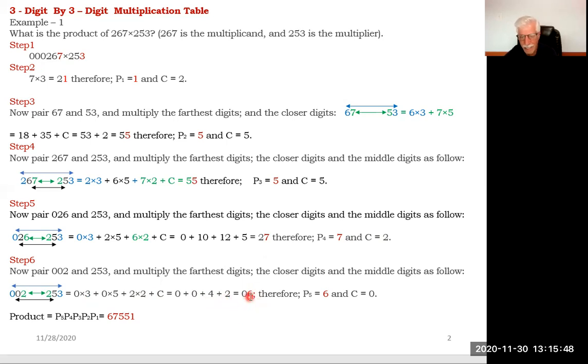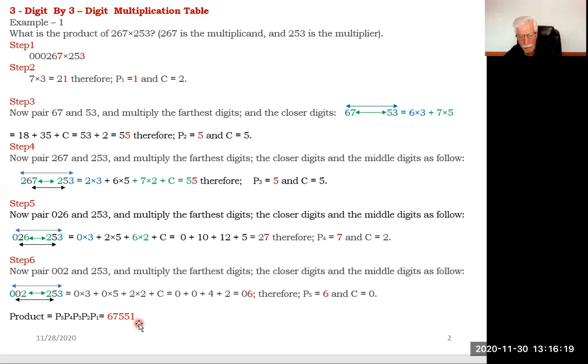Now 6 is the next digit of our product from the right hand side, and we show that with P5. And 0 is the carryover. When we reach a stage where the carryover is 0, that's the end of our procedure, and our multiplication is completed. So our product is 67,